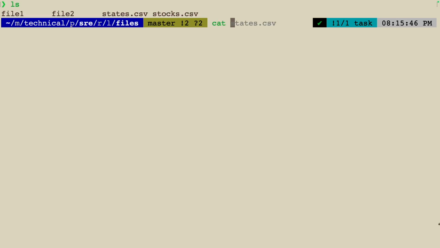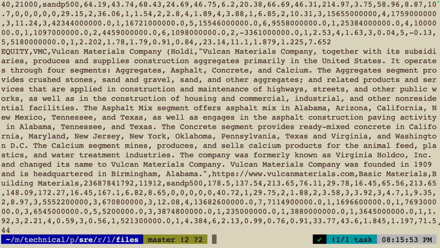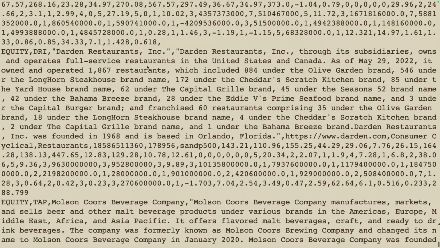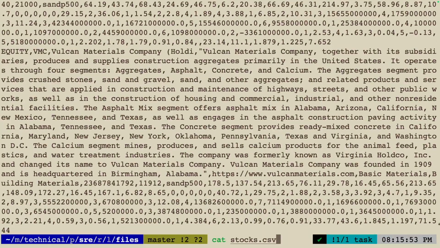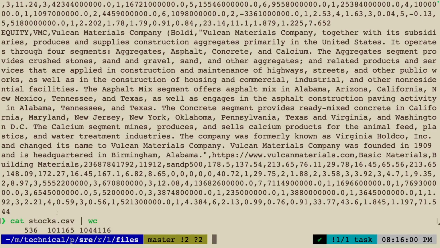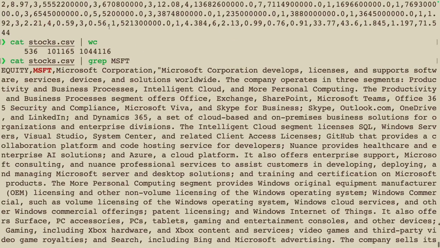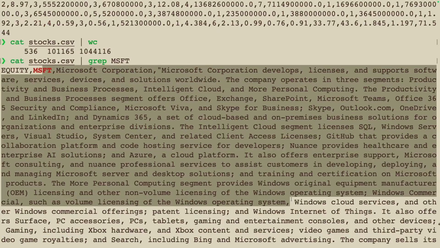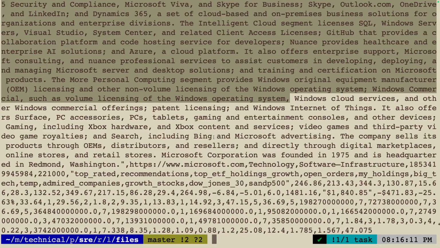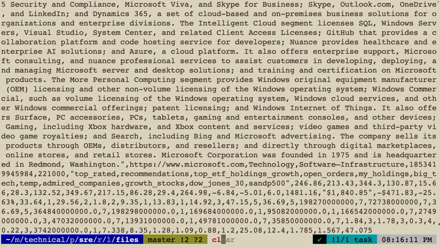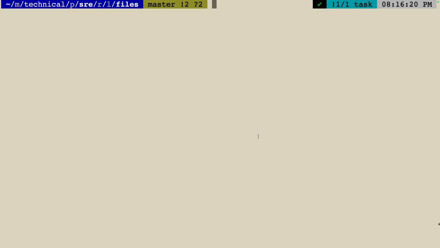stocks.csv. If I do a quick look, that is a huge file that has a lot of rows, just to get a good idea of what we have in there. If I do a word count, there are 536 rows in there. There are like 536 stock related information. If I do a quick grep on, say, Microsoft, you will see that it has this Microsoft stock related information. Just some data so that we can play around and understand some of these commands that help you compare and